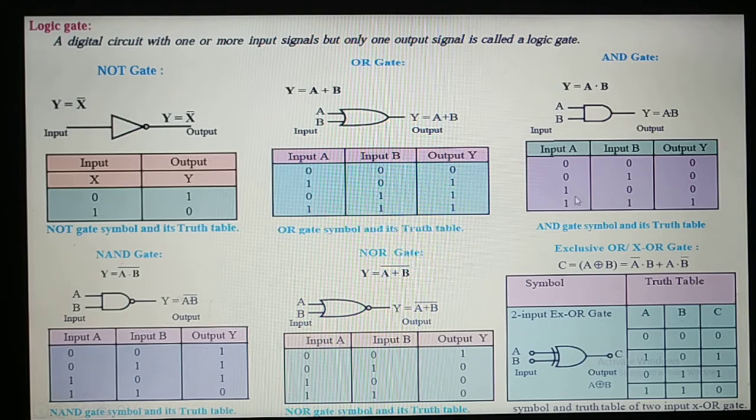And here, if both the inputs are high, output is high, otherwise it is low. Simple. Okay, let's move on to the next gate. That is the NAND gate. If you just remove this N, it is AND, this AND gate. N indicates that it is the negation of the AND gate. So basically there will be a NOT gate put in the output of AND.